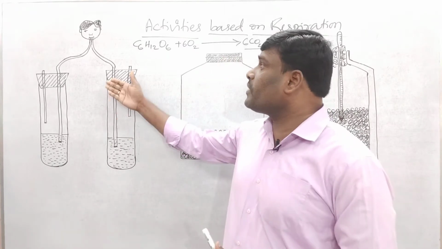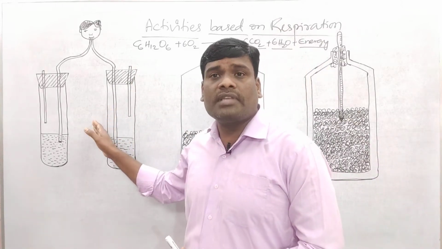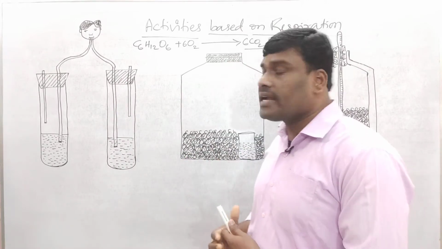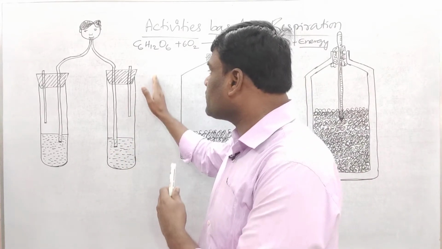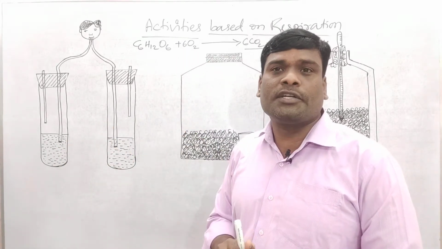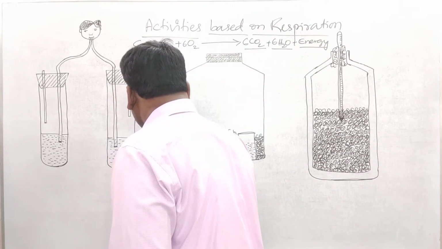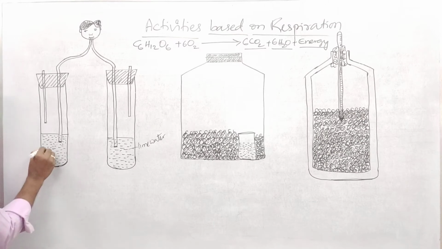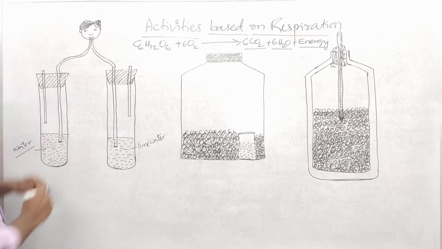Okay, so the first one you see, children, is this experiment or activity. This activity shows that the air which we breathe out contains what? Carbon dioxide as well as what, children? Water vapor, that is water. For this we need to take 2 test tubes, children. In one test tube, pour some lime water, and take water in another test tube. These 2 test tubes are closed with a rubber cork,